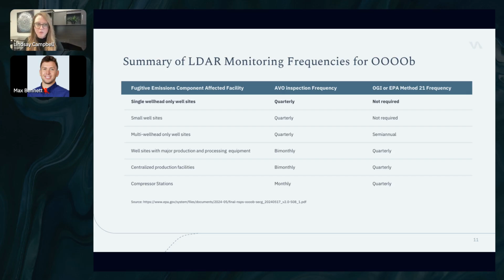If we look here at the first row, single wellhead only sites require quarterly AVO. Now, I think it's important as we're going through these frequencies, I've also pulled out the EPA definition for what that site type actually means. The first 3 site types that we see here have newly introduced definitions in Quad OB, and I think really understanding these definitions is important